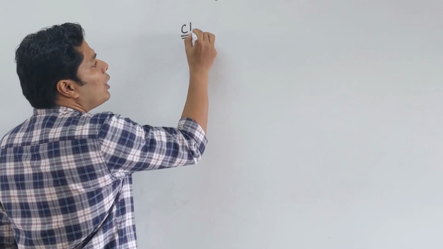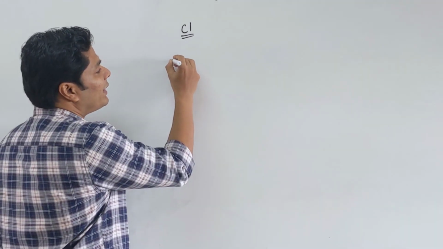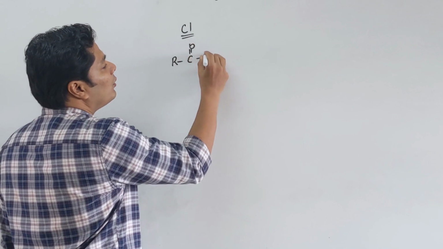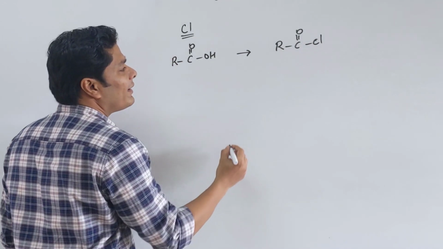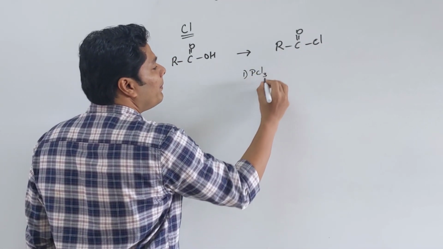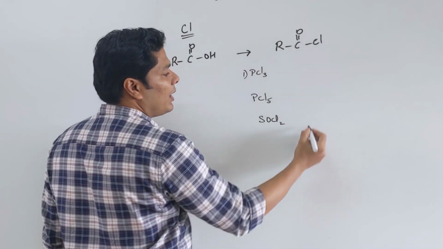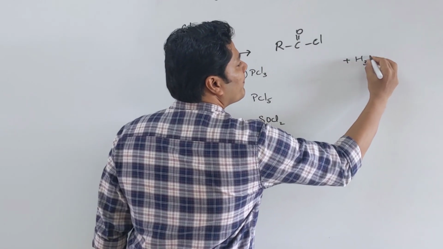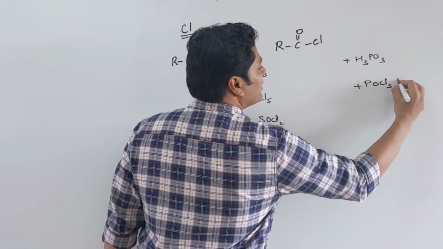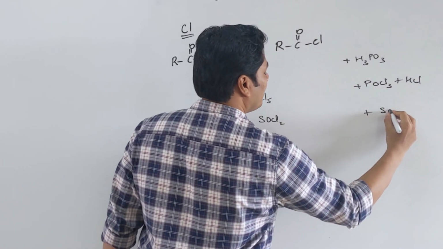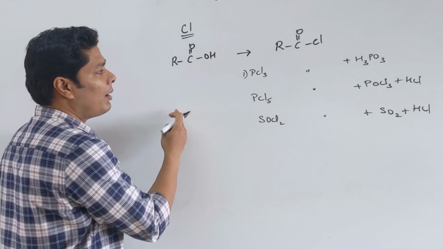First is chlorination. This is going to look like how you synthesized your alkyl halides from alcohol. Similarly, we are going to have here C double bond O, OH can be converted to R C double bond O, Cl. What all we can use is PCl3, PCl5, SOCl2. The products would be RCOCl plus H3PO3. In terms of PCl5, it is POCl3 plus HCl. Here it is going to be SO2 plus HCl along with, just very similar to your ROH